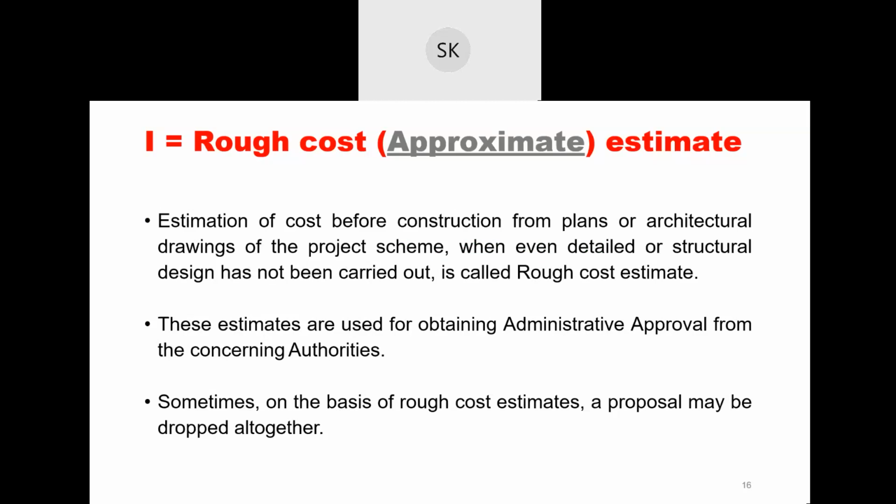So you estimate that this much will be the amount of the car, and this much amount will be for all the extra accessories, and this much will cost us for petrol. So you can get the total amount of how much the car costs you, including all the accessories, all the tires. You might have changed the tires also. So the cost of those tires plus petrol, so you can get a rough estimate that approximately this car will cost me 10 lakh or 12 lakh rupees. So that is a kind of rough estimate. We generally do this in our day-to-day life when we are going to purchase some big thing.